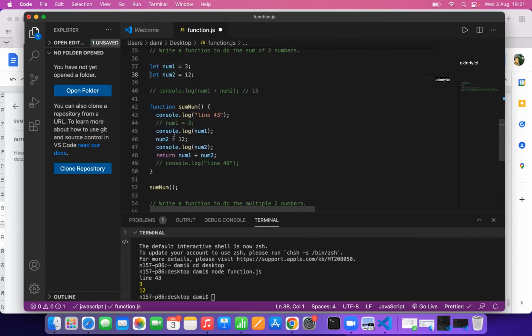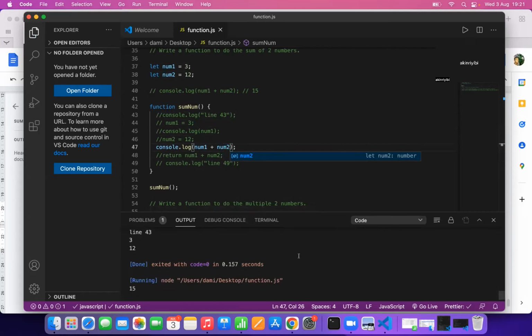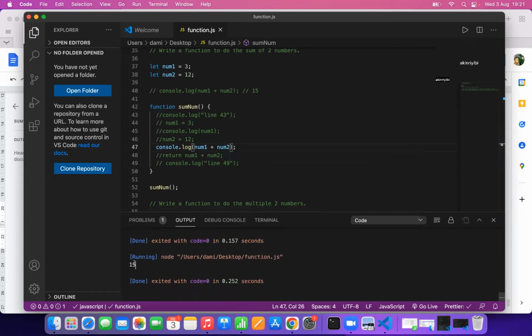I'm suspecting, so let's do, yes, okay, we can comment this. So let's do num1 plus num2. So what we're going to get. Yeah. So we get 15 now. Yeah, no, okay. So I think the problem has to do with